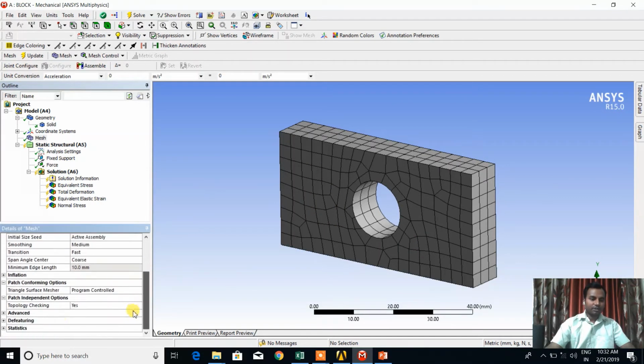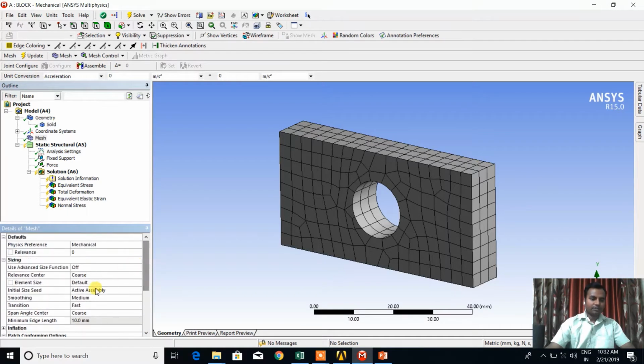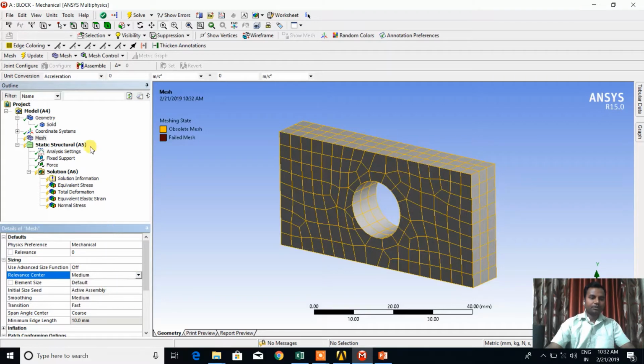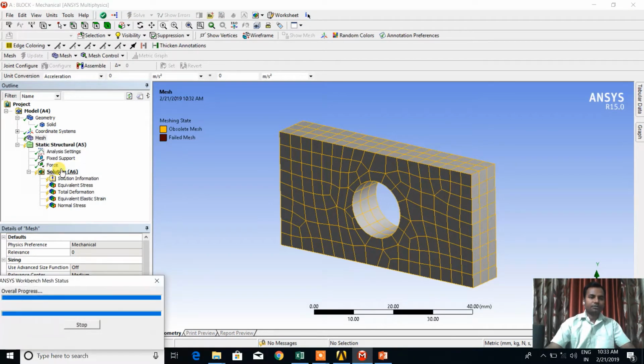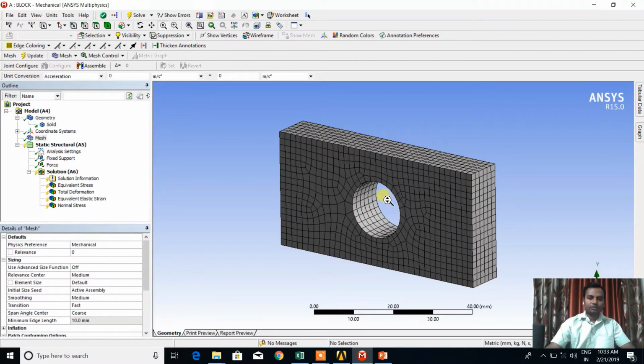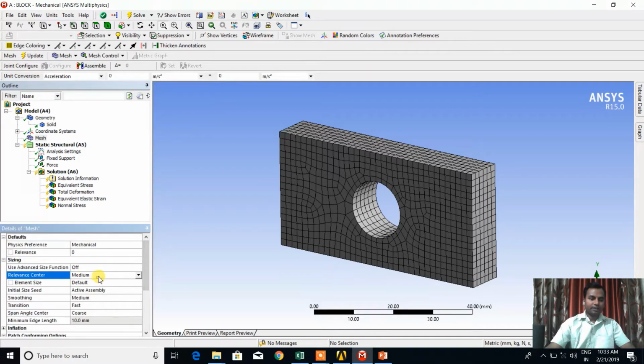Here you can check the statistics, the number of elements is shown as 417. Then change the relevance center from coarse to medium, and again right click and generate mesh. The elements have increased now. Check here again, 3264.